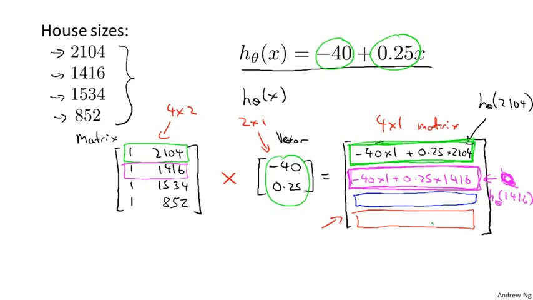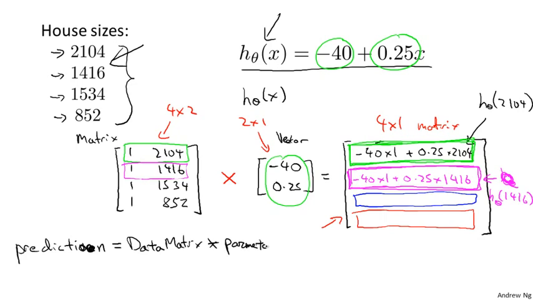And the neat thing about this is that when you're actually implementing this in software, so when you have 4 houses and you want to use your hypothesis to predict the price of all of these 4 houses, what this means is that you can write this in one line of code. When we talk about Octave and programming languages later, you can actually write this in one line of code. You write prediction equals my data matrix